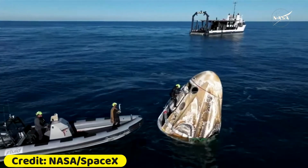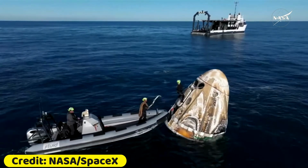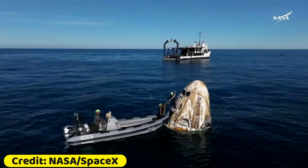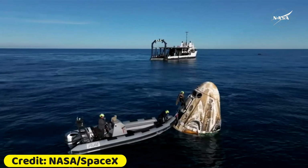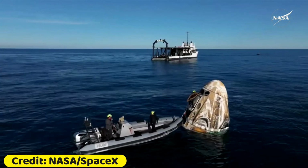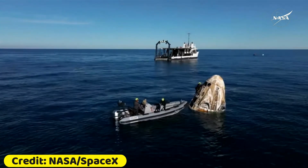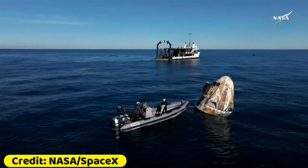So just to finish off what I was saying, once that side hatch of the spacecraft is open, that crew will be assisted out of the capsule one by one by NASA and SpaceX medical personnel, where they will then head to the med bay. And after those medical checks, they will get on that first helicopter out and arrive at the airport, where they will then board a NASA plane and head back to Houston, Texas, at the Johnson Space Center to begin